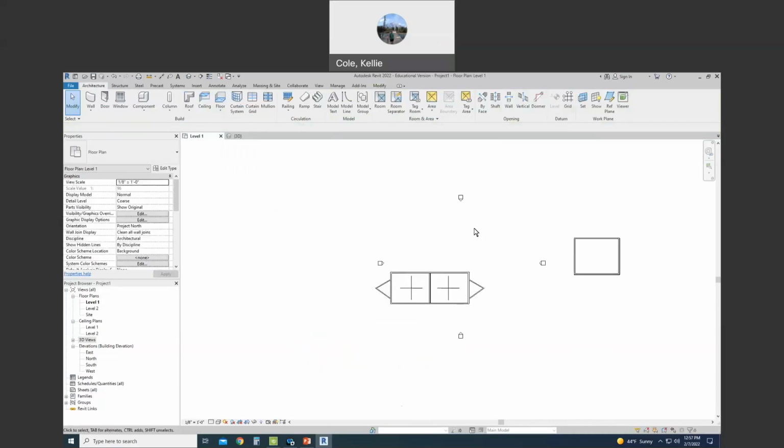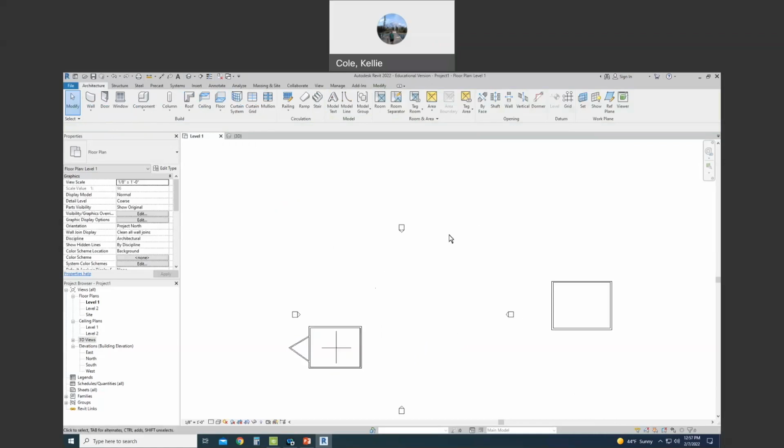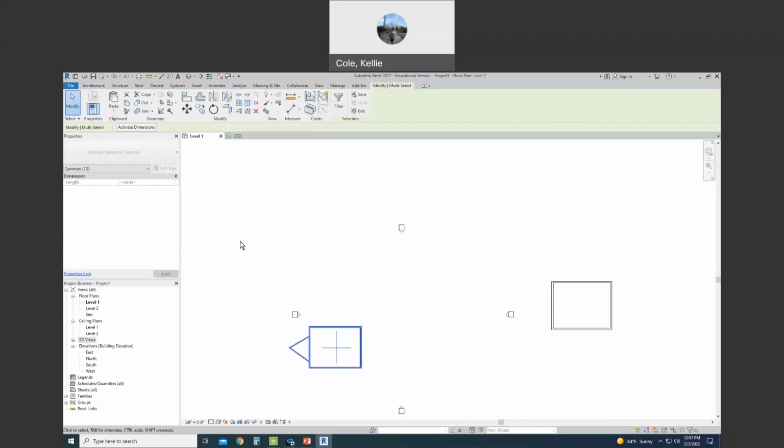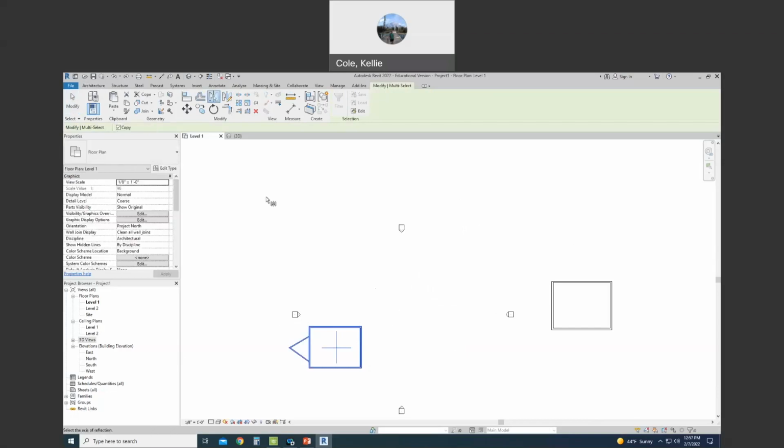What do you guys think undo is in Revit? Yeah, let's do that. Control Z. Okay, we're back to pre-mirror, right? When you hit it again,